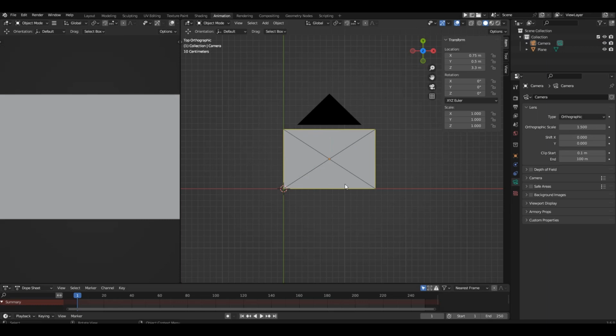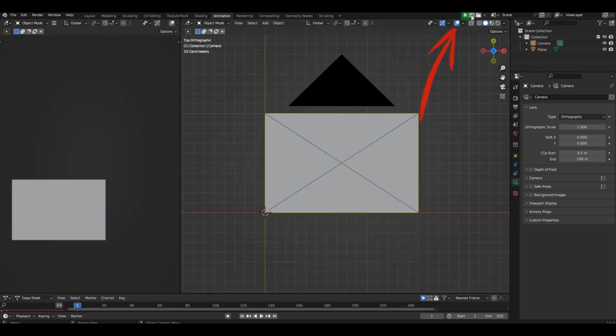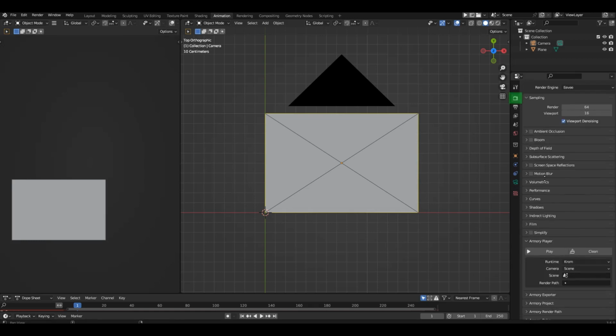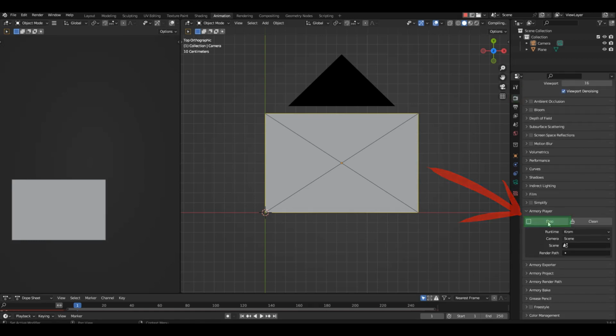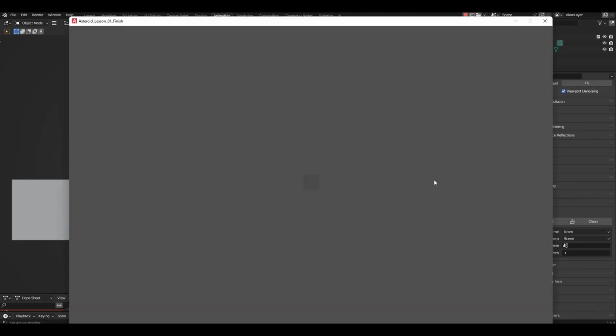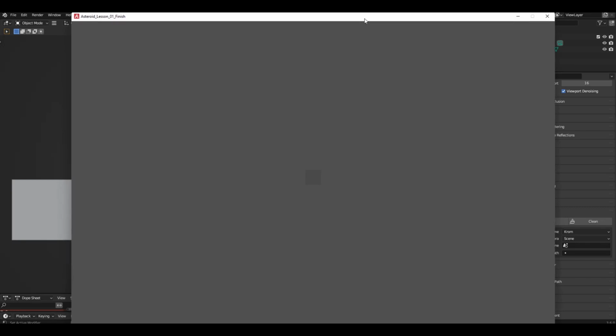You can now launch our game and enjoy the result. You can do this by clicking the play button here, or by pressing the play button here. Voila! After it loads, you can contemplate this wonderful grey background in our game scene. It's beautiful, and you can stare at it endlessly. But let's not waste time and simply close the window with our awesome game.